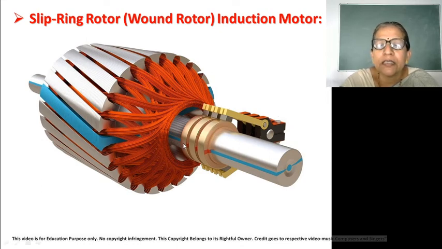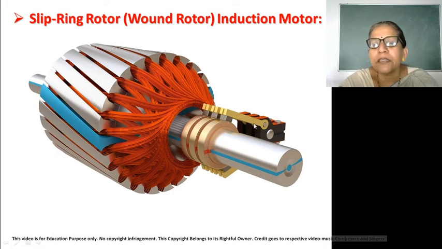You will see there are three slip rings, one for R phase, one for Y phase and one for B phase, and on the three slip rings three carbon brushes will be resting. Output terminals will be taken from the carbon brushes. The end terminals of these conductors will be connected to the slip rings. When the rotor is rotating, the slip rings will also be rotating, so it will not produce any twisting of the joint between the rotor conductor and the slip ring.